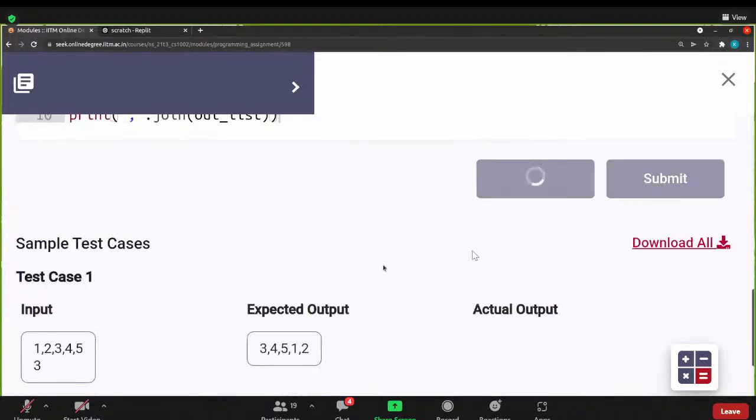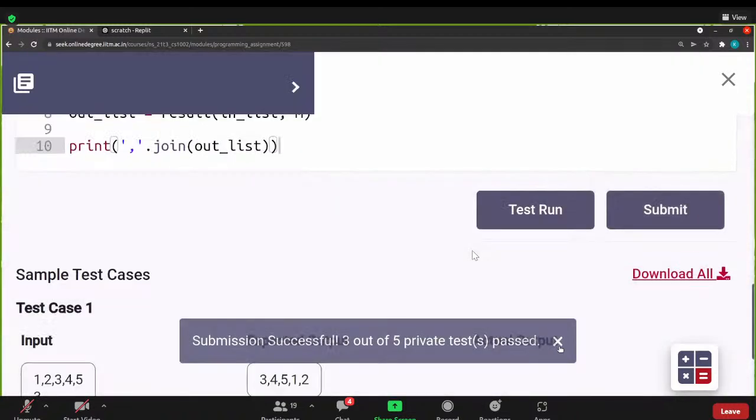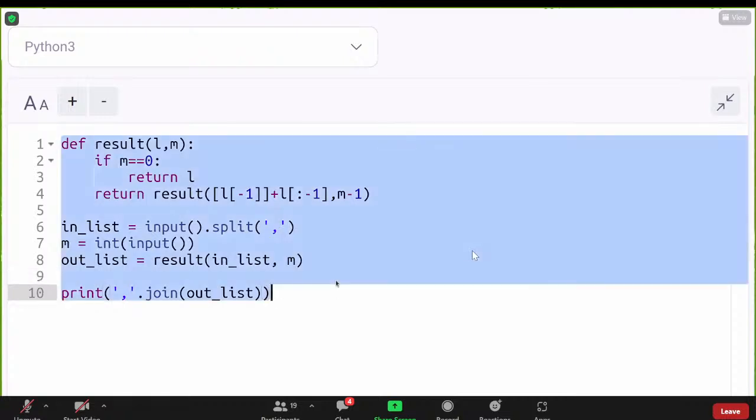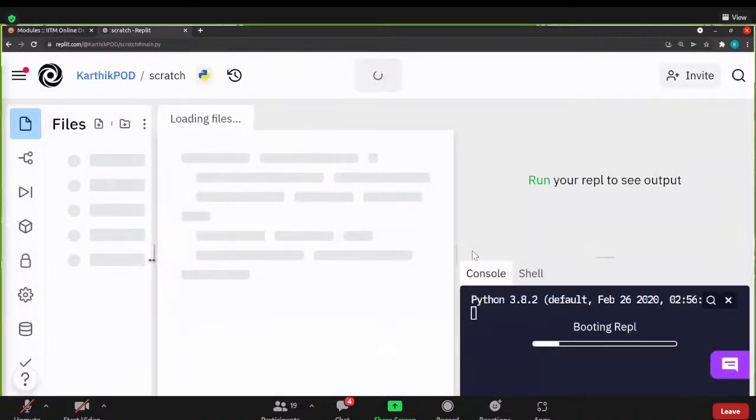Okay, so this is one valid solution, but it's passing only 3 out of 5. Are we missing something? Oh, okay. See, the problem could be very large test cases. So if you are asked to do something like